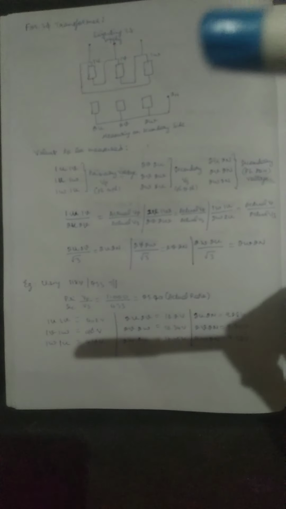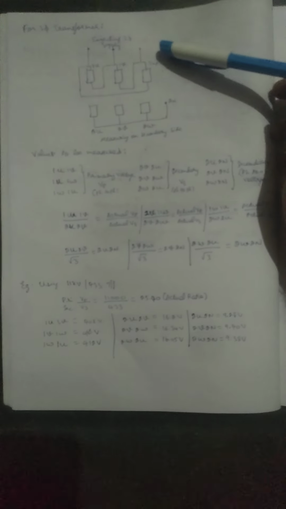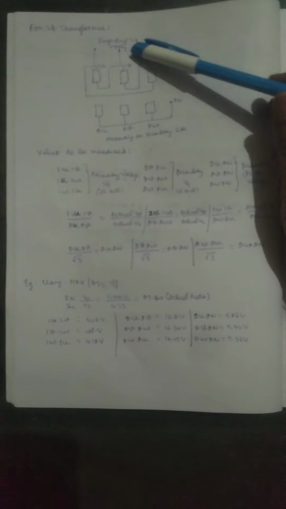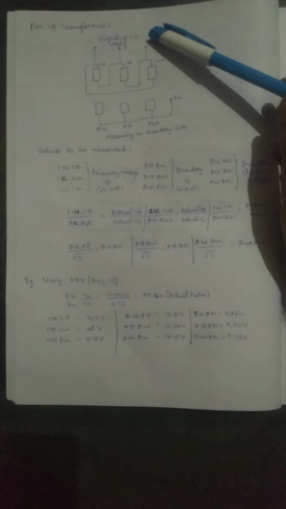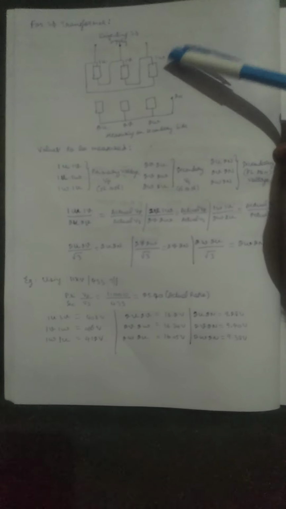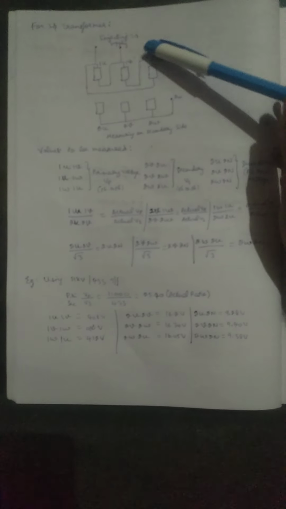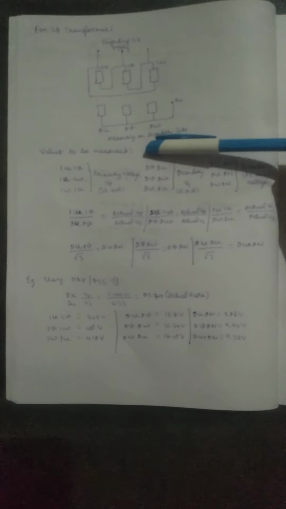As per me, I am explaining that this is your injecting side, which means in the primary side we have injected three phase supply and are measuring the voltage in your secondary side. So ultimately you can easily know that we are injecting three phase voltage, which means 415 or 430 volt. In every tap we need to measure the primary and secondary side voltage while doing the voltage ratio test. So this is your voltage to be measured here.